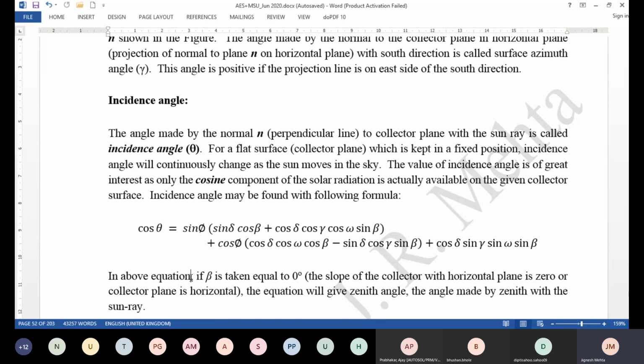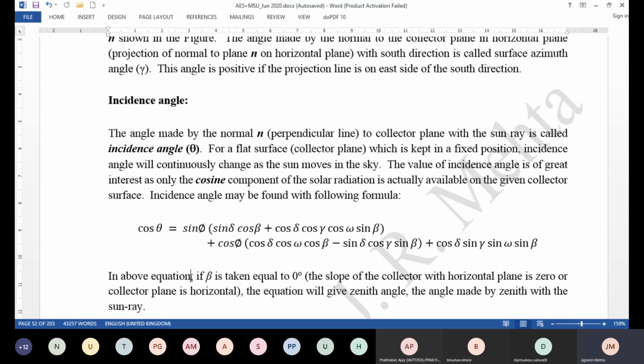First, of course, the case taken is that your collector is horizontal, then beta would be equal to 0 degrees. Most of the times we don't keep it horizontal, but there could be some applications. Let's say you are targeting only summer, then you might keep it horizontal. Or let's say you want to calculate the radiation on a horizontal surface. The application is not always a solar collector, but let's say you want to find out how much heat is collected on the surface of your terrace, which is horizontal. So in that case, your beta tilt angle would be equal to 0 degrees.